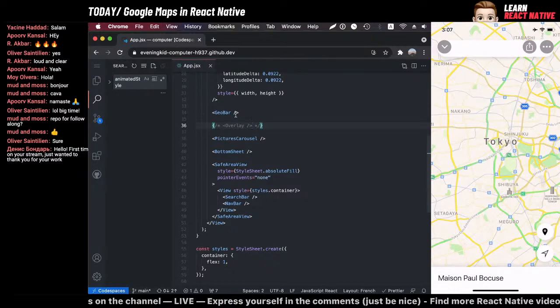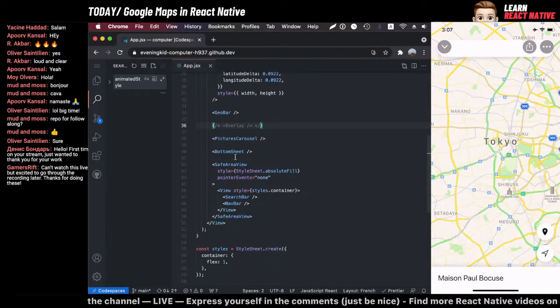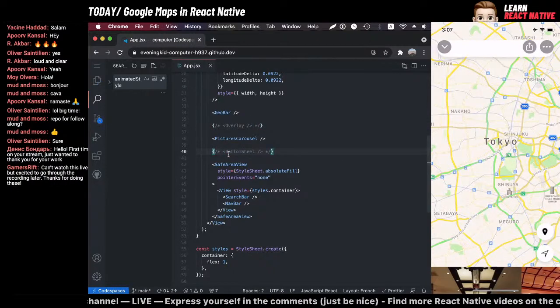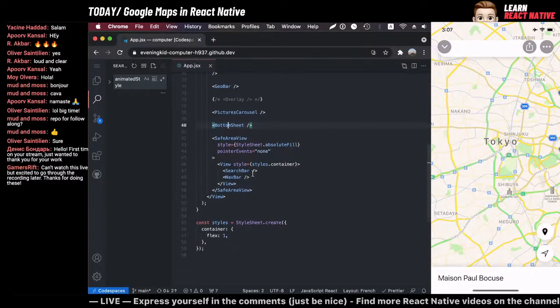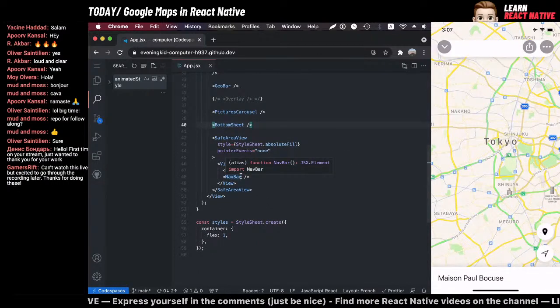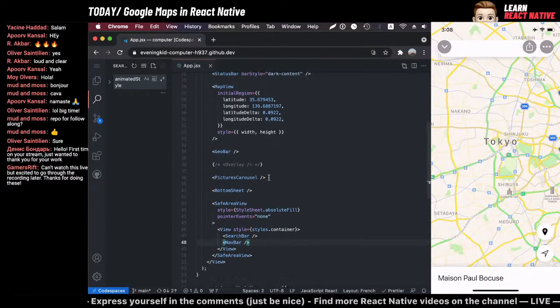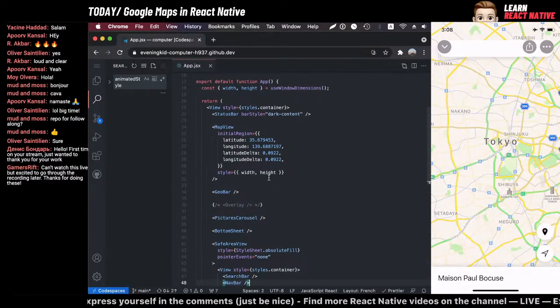We have the geobar, or the icons at the bottom right. The picture carousel is the part you can't really see now, but if I remove the bottom sheet, you'll see the images. It's the images for that restaurant, so I'll just hide it again. And then we have this safe area view that wraps the search bar and navigation bar, just so it doesn't touch the notch. So because I said we're going to start with the bottom sheet,